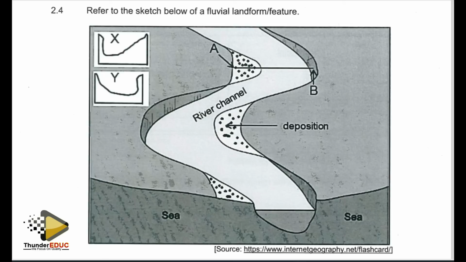I think you can see that the sea is illustrated here. The river is getting into the sea and it's winding its channel. The channel is winding. In that instance, it's bending. And along these bends, we have what we call the outer bend of the meander and the inner bend of the meander. Right, what we call the inner bend of the meander, for example, is this part here. This part A is what we refer to as the inner bend. And also this part here is the inner bend. And this part here, we labeled B, is the outer, and this is also the outer bend of the meander.